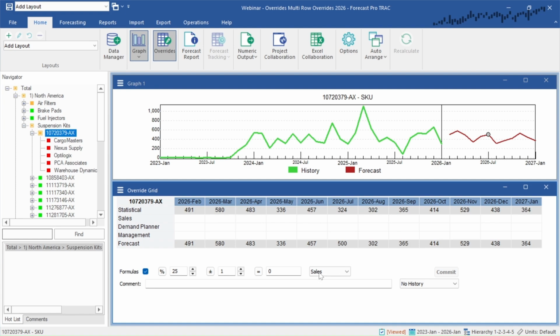In the standard mode, the change log will show all of the changes that were made that got us to this 500. Here in the multi-row view, we don't have that visibility. We see the final forecast of 500, but we don't know how we got here. Also, as we talked about, all of the overrides in the multi-rows are locked, which means we cannot make changes at these higher levels. If we attempt it, so if I were to try to set this to 550, like we did before, and I try to commit this,